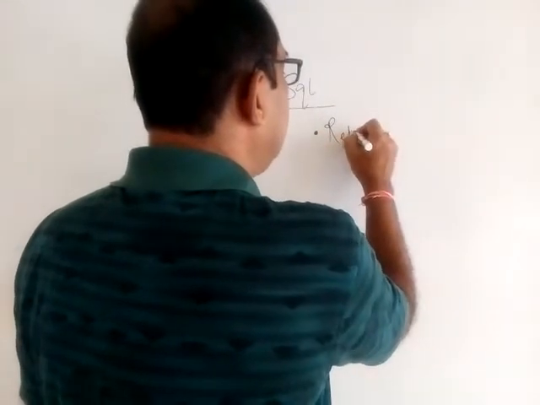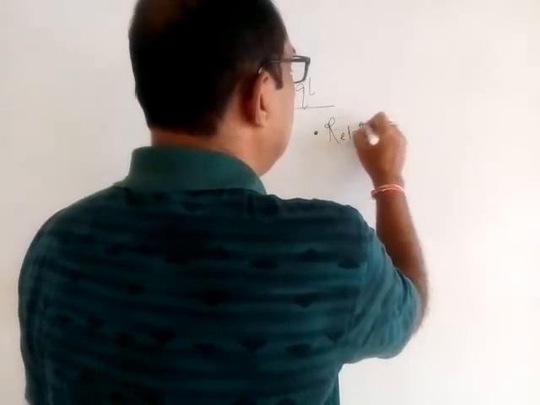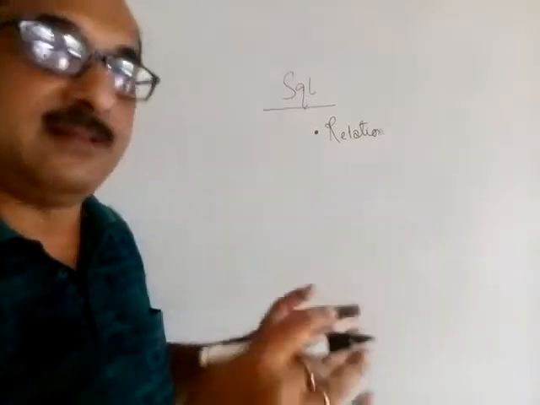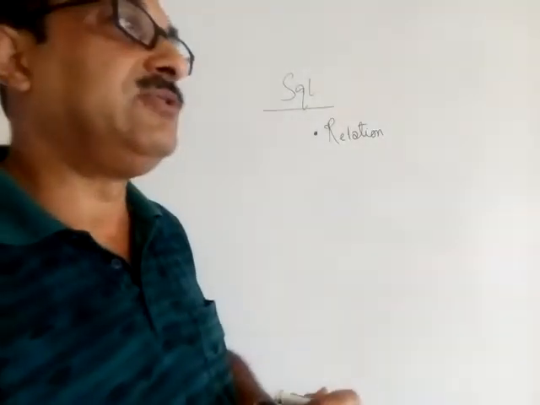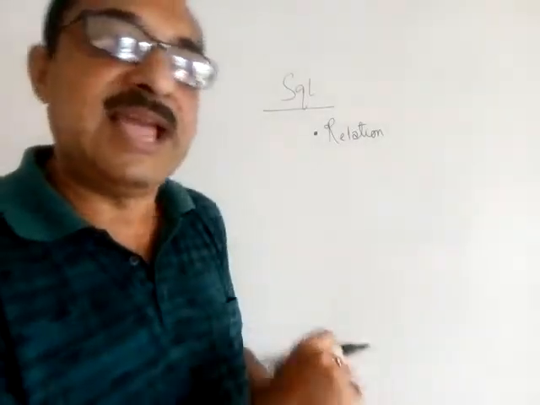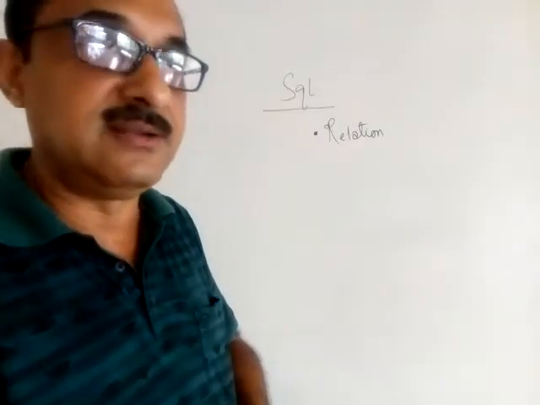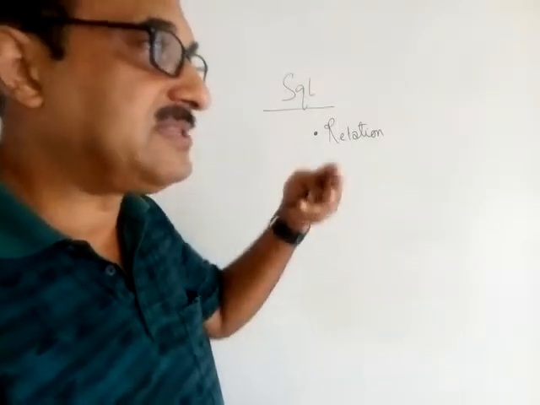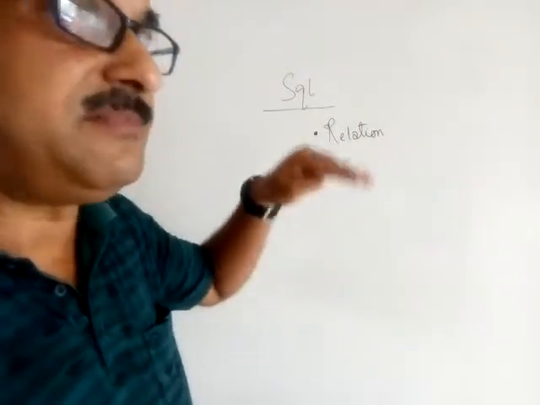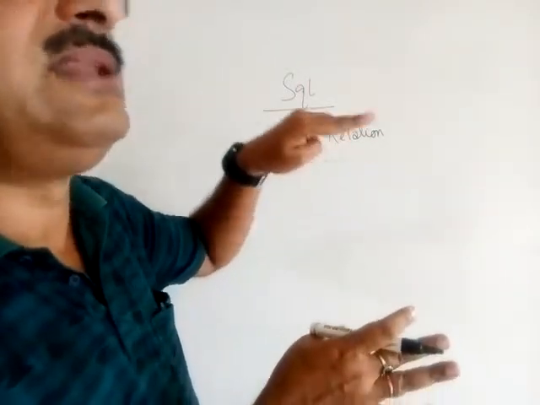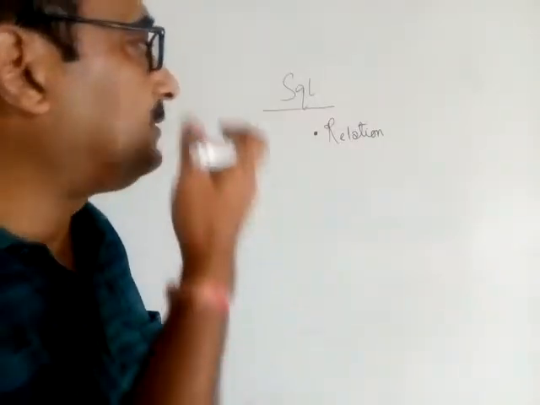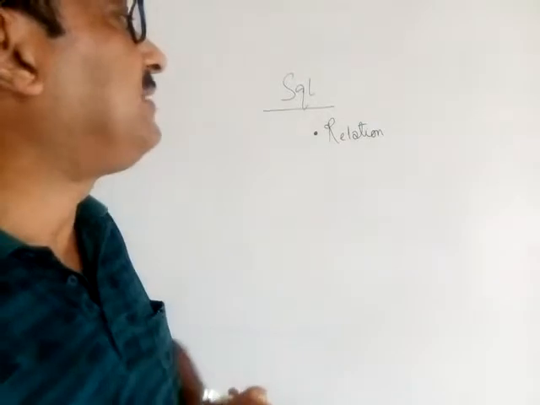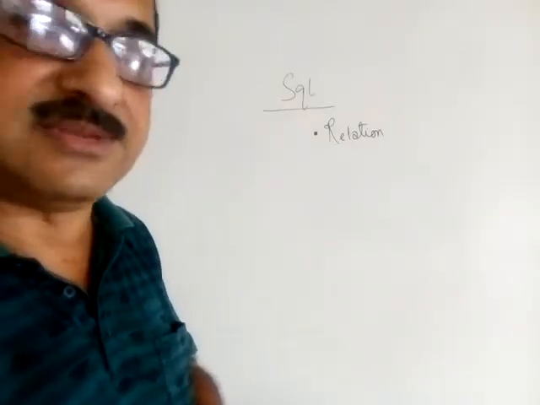First thing is called relation. What is relation? Relation is nothing but a table of a database. In a database, you can have n number of tables, as many tables as you want. Tables means where you have some rows and columns, with data arranged in a tabular manner. That's why it's called a table, right? So basically any table can be called a relation in a database.